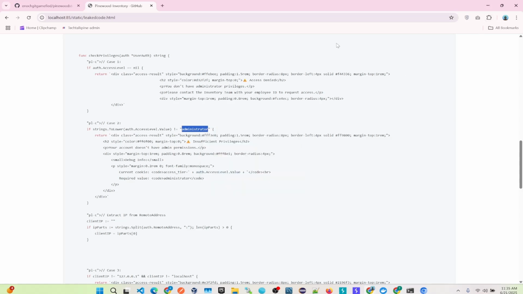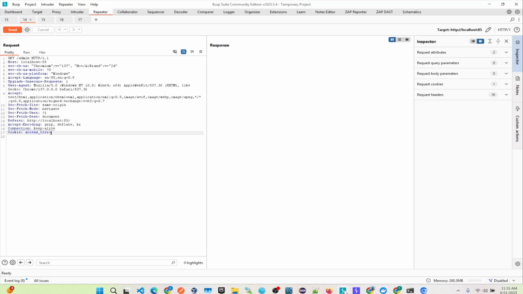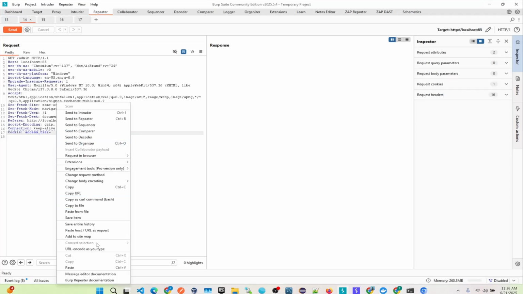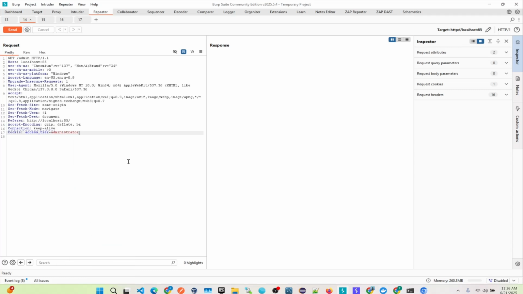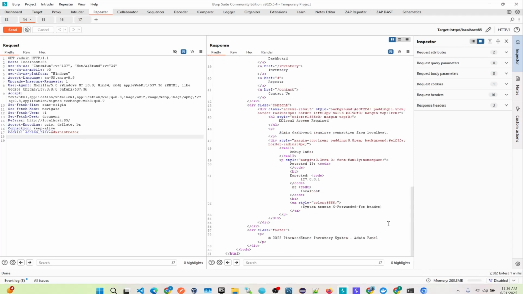I'm going to copy it so I don't misspell it, but I could have easily typed it honestly, but it saves some time. Now I still need to add two more headers, but I'm going to show you that it doesn't work with just one header. So if I send it, I get this, and if I look in here,